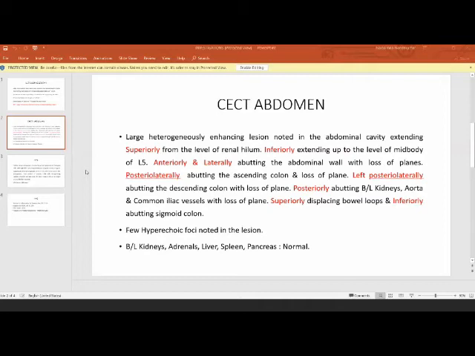In this case, would you prefer FNAC or a true cut? Because they said that she's going to have local tissue diagnosis, metastatic workup. So what sort of investigation for histology would you like to do? FNAC or true cut? Sir, here I will go for true cut biopsy, sir. Now tell me the pros and cons of both.